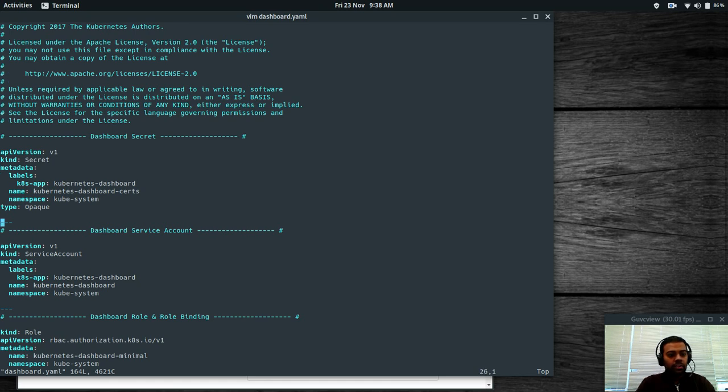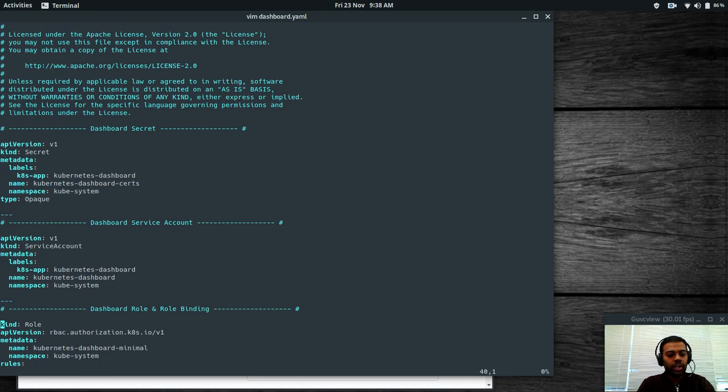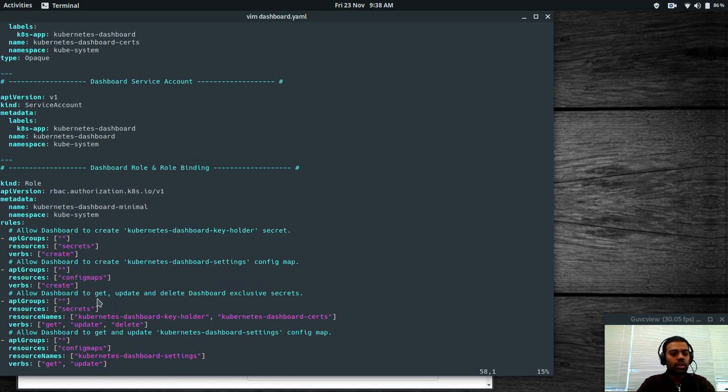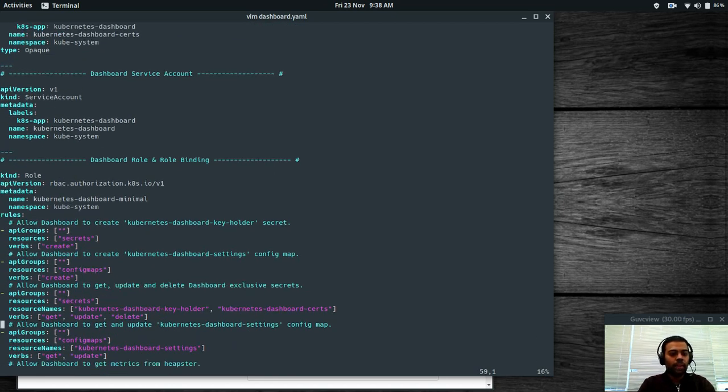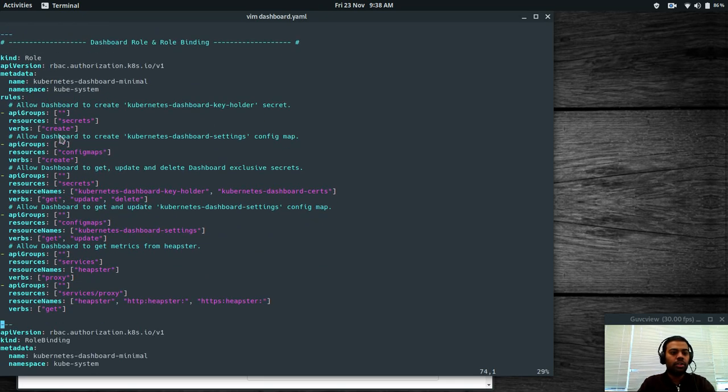Dashboard.yaml, it creates a secret. We'll cover what a secret, what a config map, and so on. It creates a service account called Kubernetes Dashboard. It creates a role called Kubernetes Dashboard Minimal. The role just defines what a user can do,